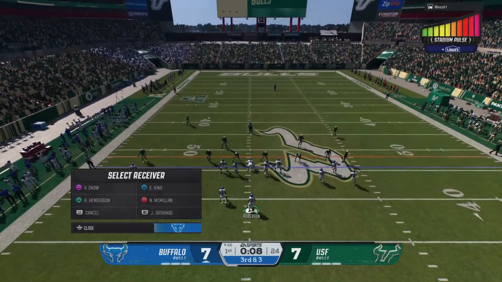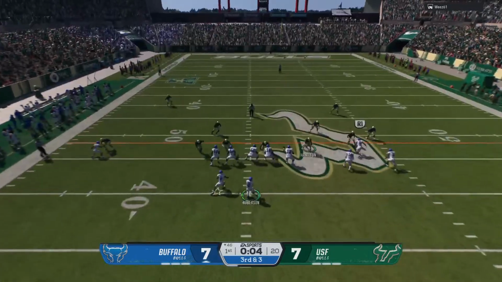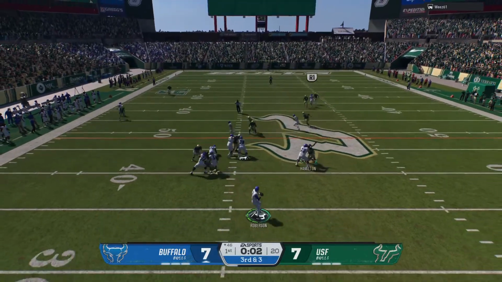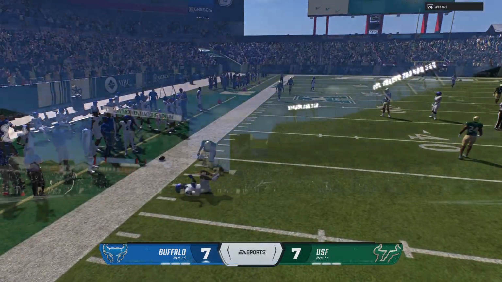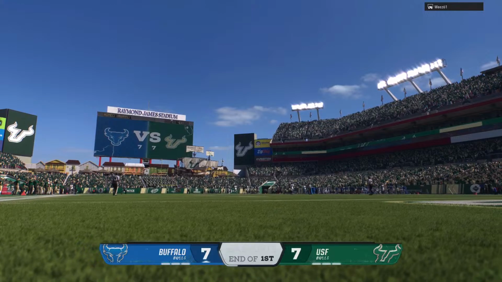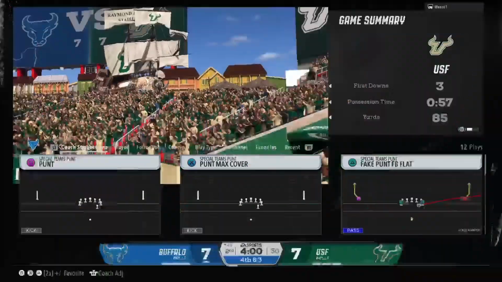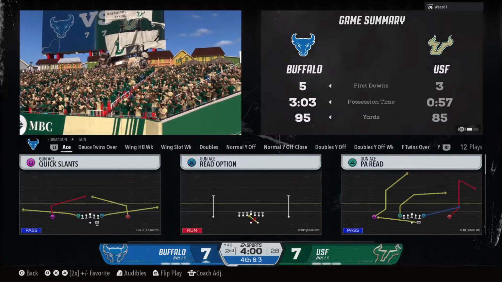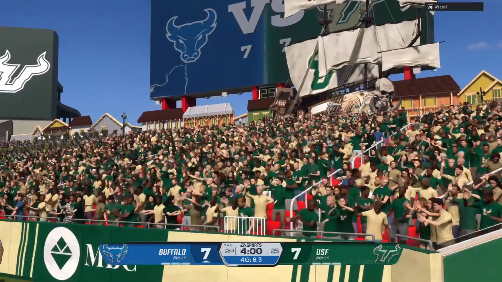As they get set to snap it just about to reach the end of the quarter. They'll try to pick up the first through the air. That pass is incomplete, but this has been a period in which the offenses have shined. We're through one, and what a back-and-forth battle between these two quarterbacks as we look at the stats. They fought to a standstill in the first. Let's see who gets the edge early in the second.